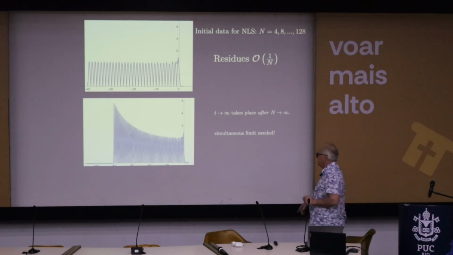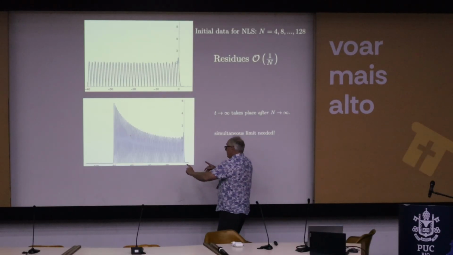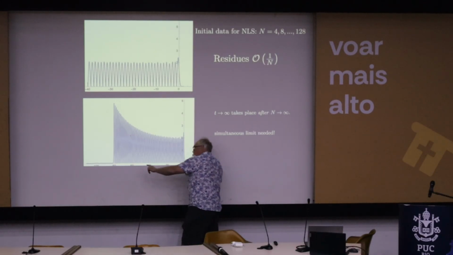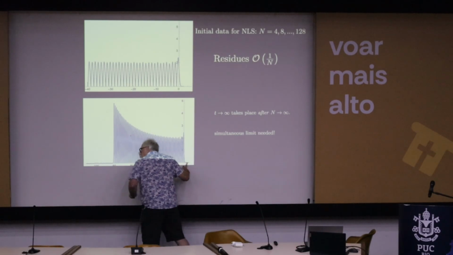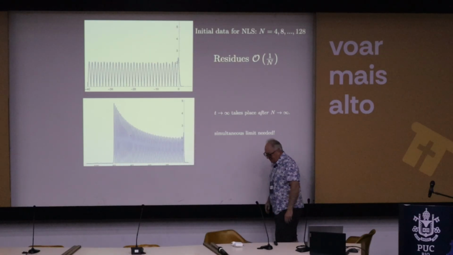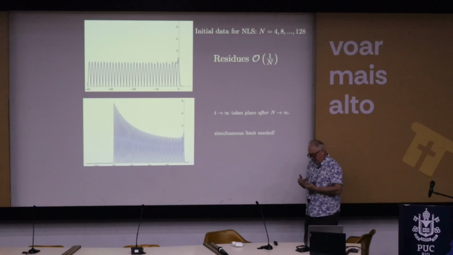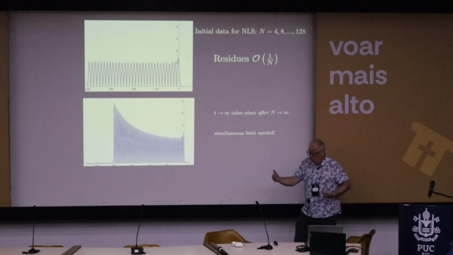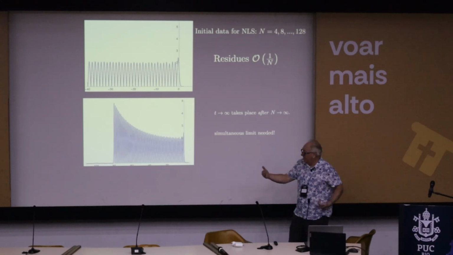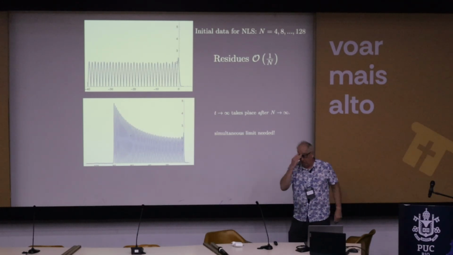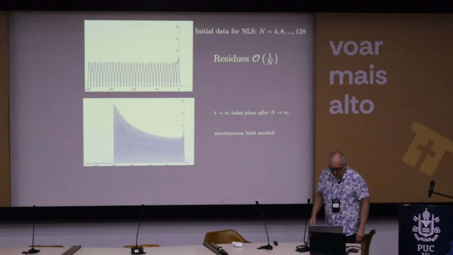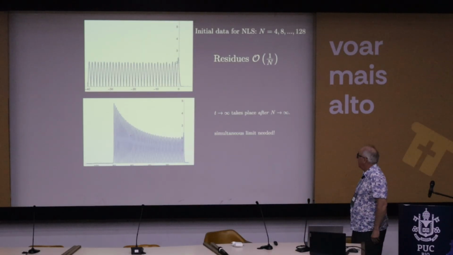It's important to notice that the plot actually has got exponential decay here, and out here eventually there's exponential decay. And as n grows, it's a fundamental question. What is the region in which you're seeing exponential decay of the solution? That region is actually growing. I mean, it's moving out as n grows. And how that scales is a fundamental question, which, okay, resolvable, but has not been written down.